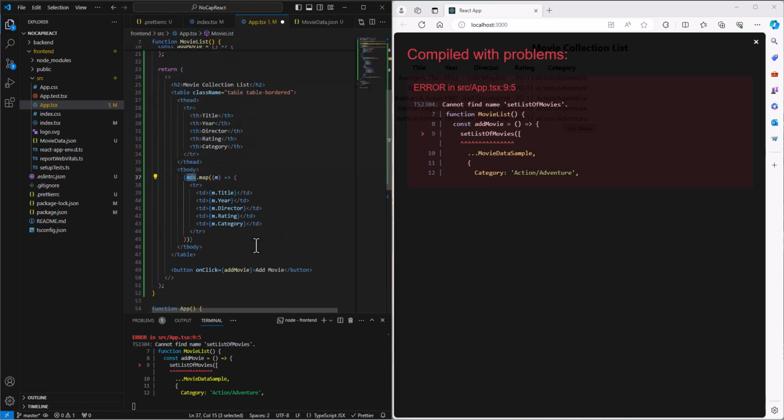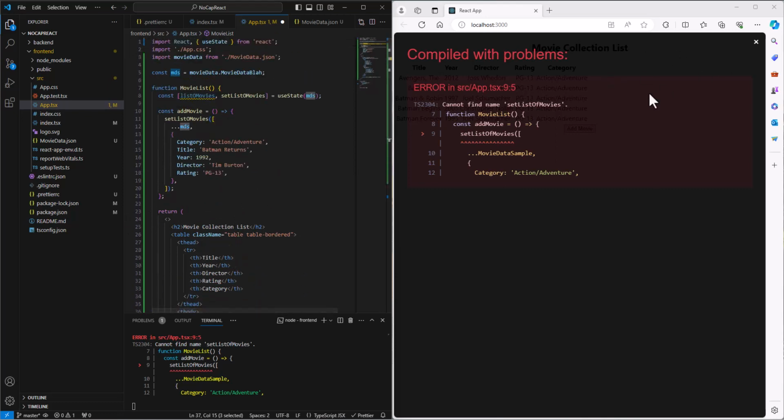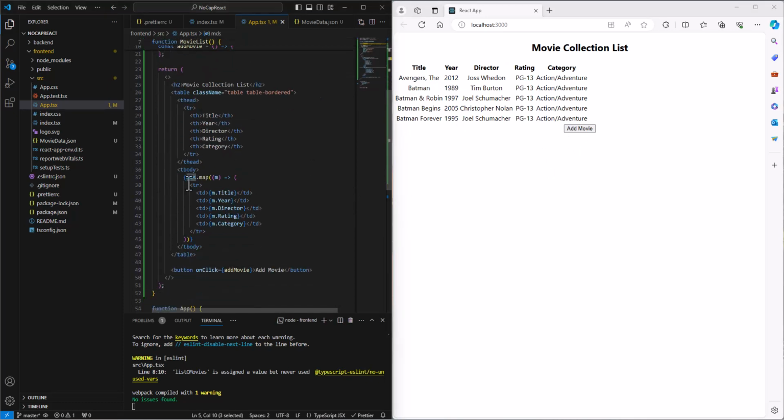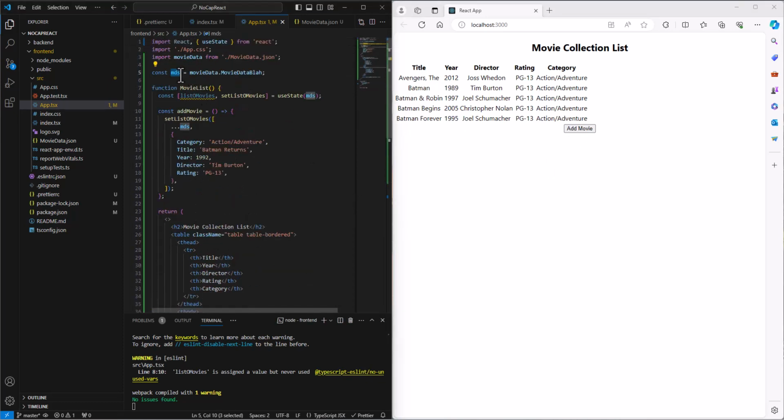Now, if we keep it this way, it's going to map out from that original file to build our list. If I run this, it'll work just fine. But when I click Add Movie, it does nothing because it's pulling from MDS, which is the original list that we set up in the beginning. What I want to pull from instead is the new list, which is the list of movies, which will be updated as we add different elements to it. If we're not adding them directly to the JSON file, maybe is a good way of saying that. If we're not changing the database, if we're not updating the JSON file, then